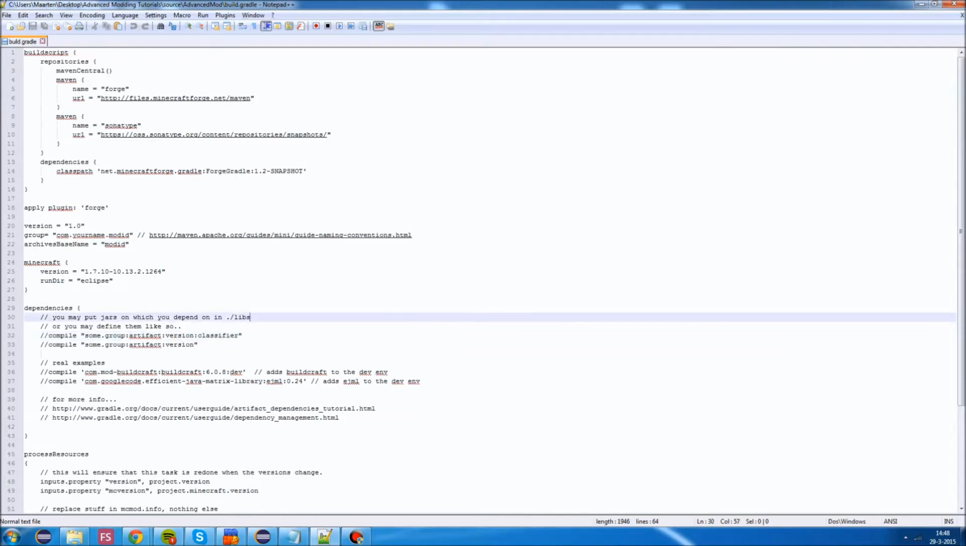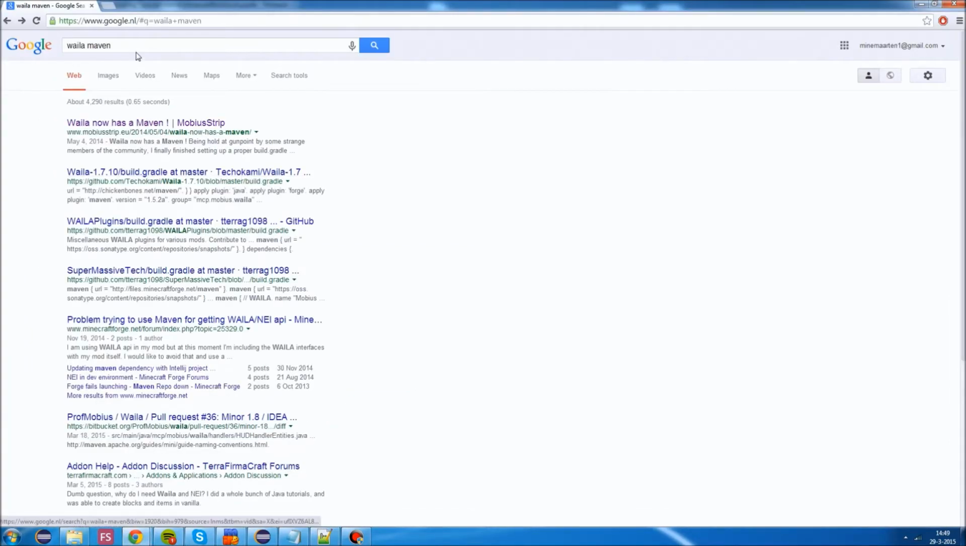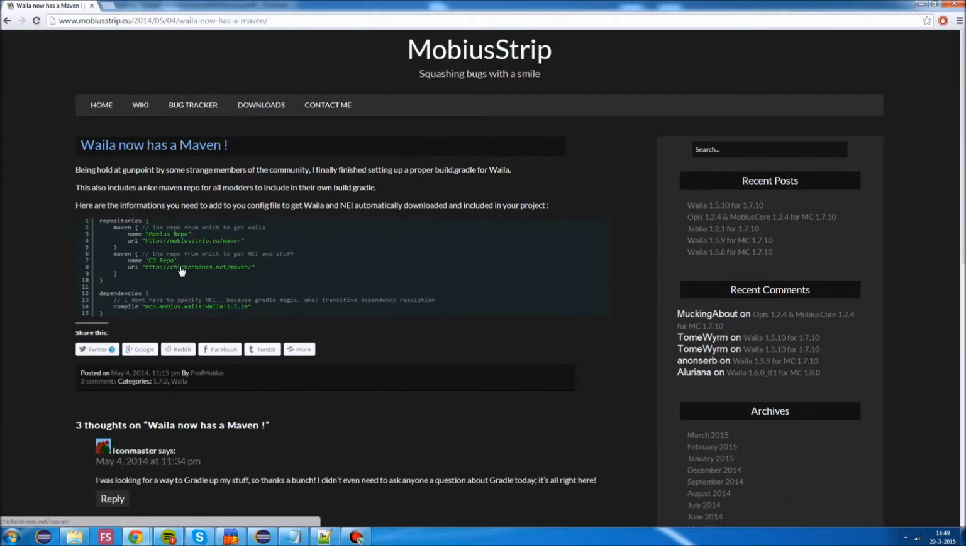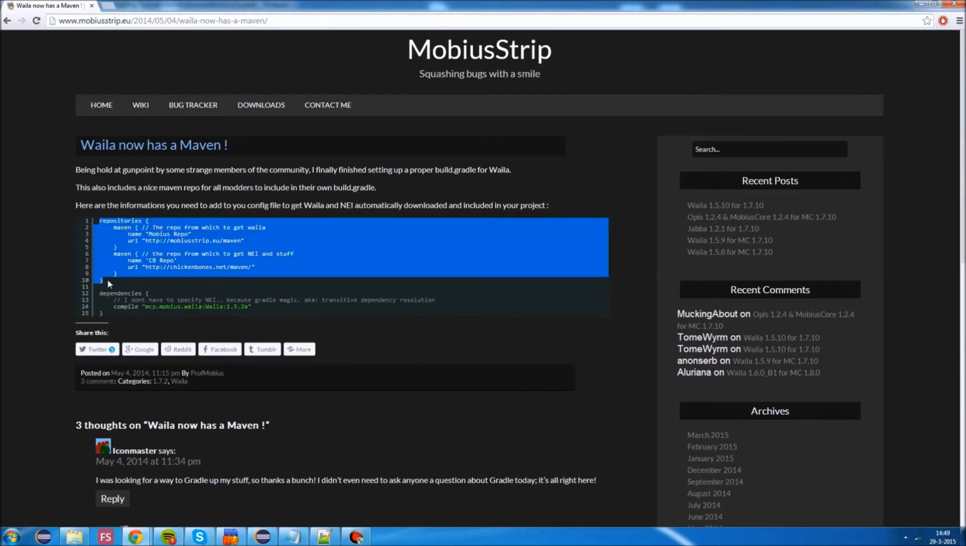It's really nice. So to work with Maven, you're starting at your build.gradle, but actually we're going to search on the internet to see what info we can get about Waila's and NEI's Maven repository. So I've just simply put in the Google string Waila Maven, and there we go. Professor Mobius has come up with a nice tutorial, or very simple code snippet on how to do it in your build.gradle. Now this is a simple copy paste action. There isn't that much to explain,